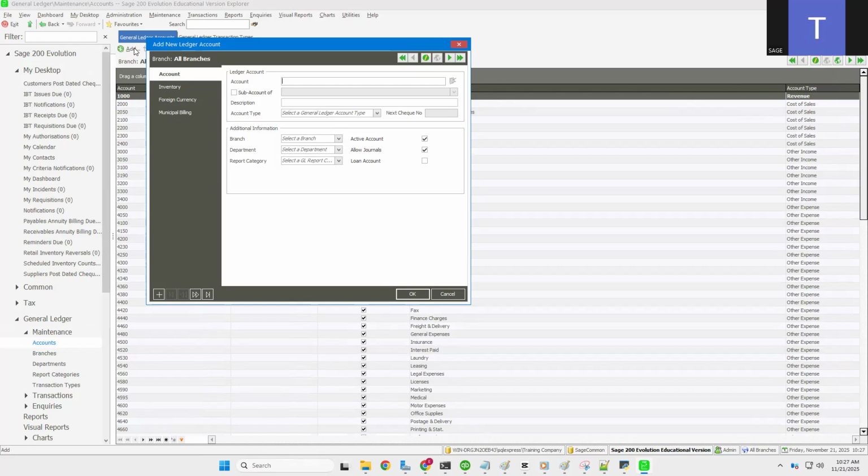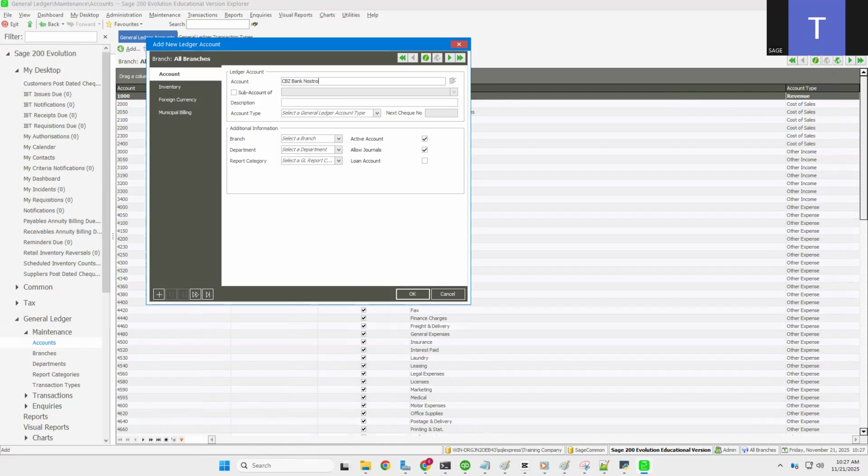Is it an equity account? So you should have defined it, right? So after that, you just have to come here and create the account. So let's say it's a bank account which I want to create. Then it's CBZ Bank